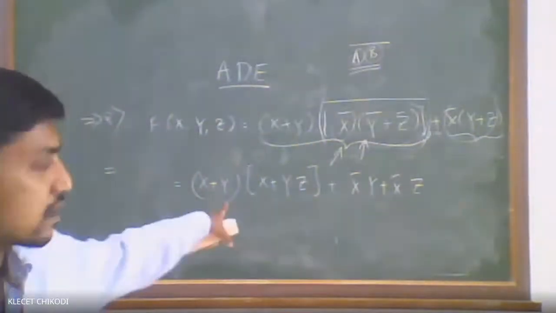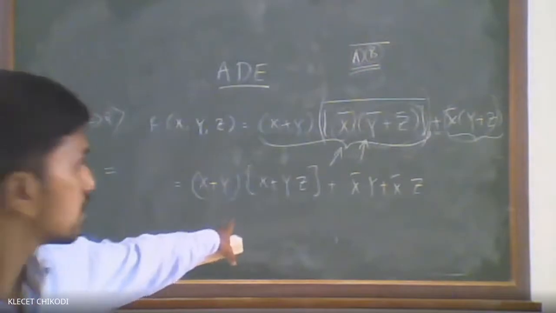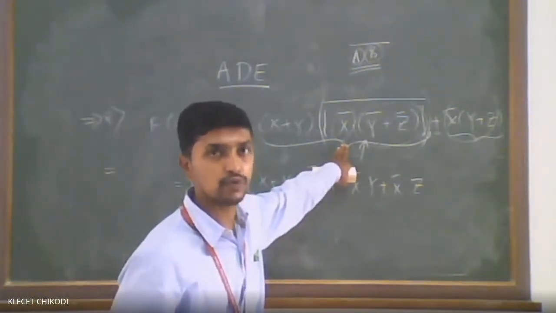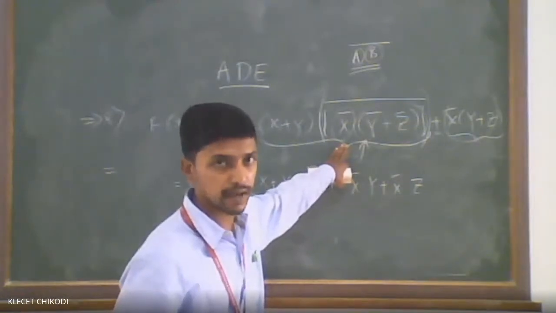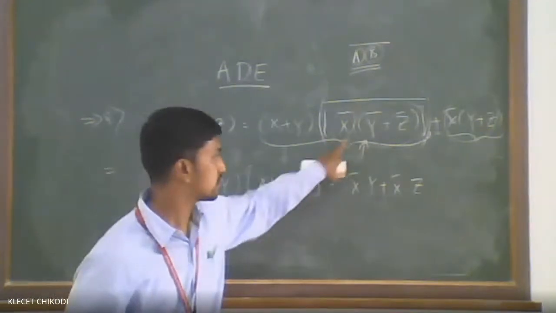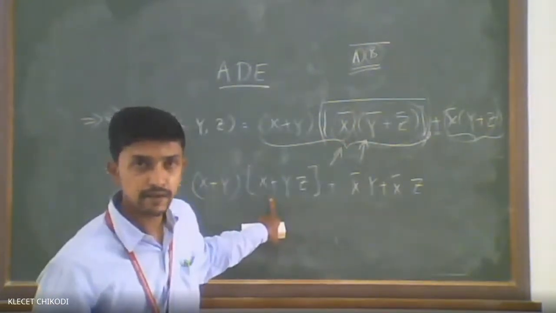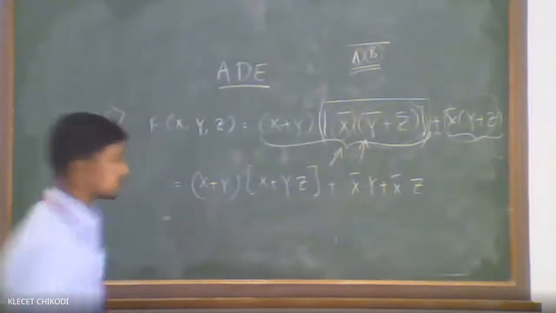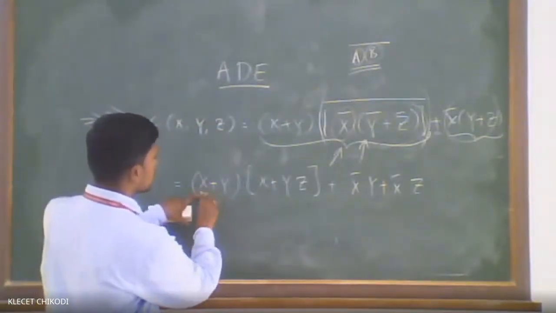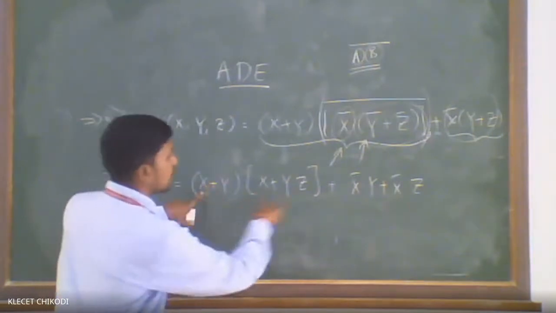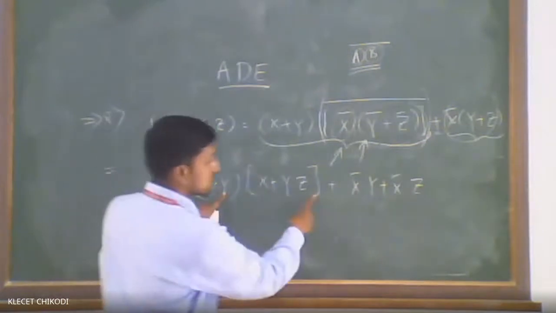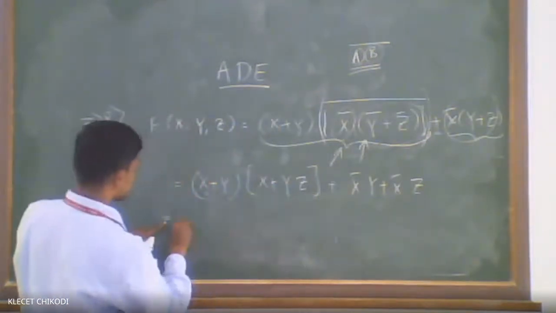Is it clear how I have written this step? I have solved this one by applying De Morgan's theorem. Both De Morgan's theorems 1 and 2 I have applied, and after that we have got the solution for this term. Now further simplify this one with the multiplication method. You have to multiply this variable with all the variables here. There are two terms, so again you have to multiply this with the two terms. So what will we get here?